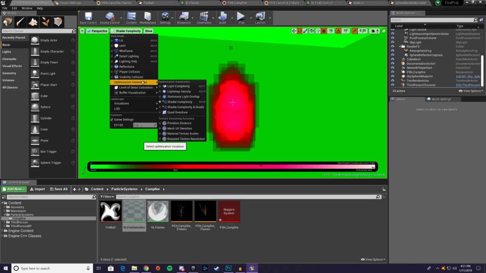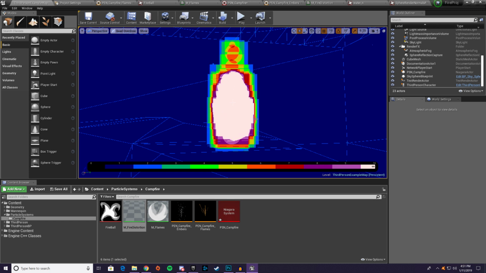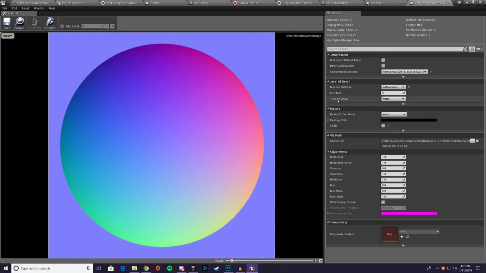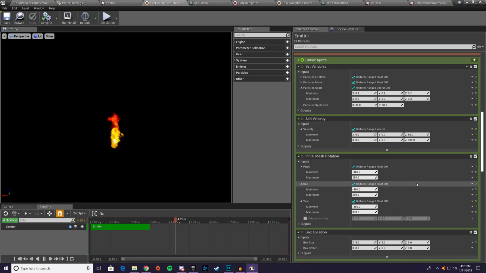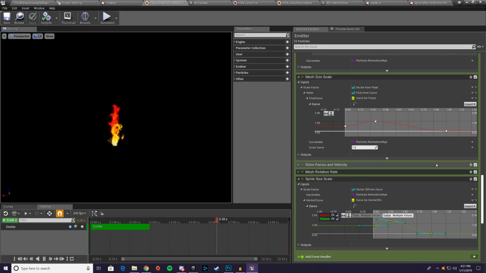You can also look at overdraw. I mean, we've got a bunch of mesh particles here that are all additive, so you've got a bunch of overdraw going on. Not the most performant thing in the world. If we look at where is it? If we go here and we turn off the